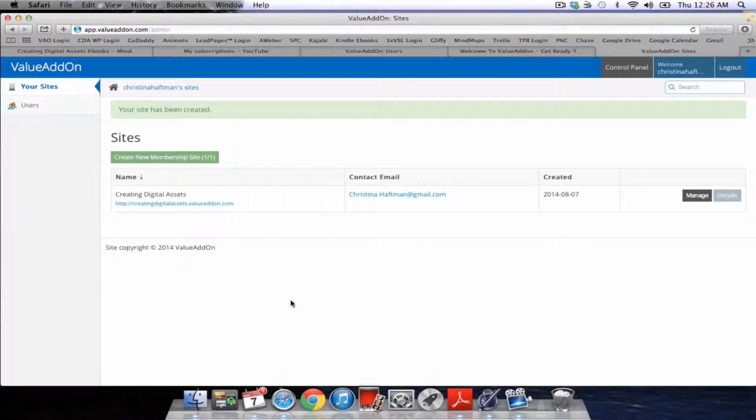Okay, so obviously the software allows for more than one, and there's tiered pricing, and you can take a look at their website and see if you're going to be managing, hosting, several, you can get the other, upgraded package. But so don't feel like you're constrained to just one site. This is just the trial, okay? All right, so my site's been created, so let's go here and into manage.